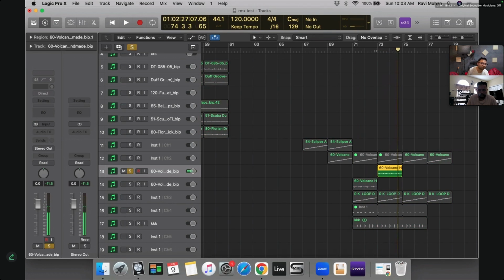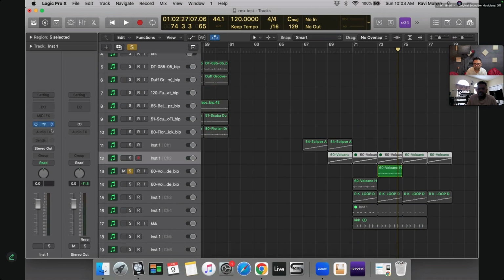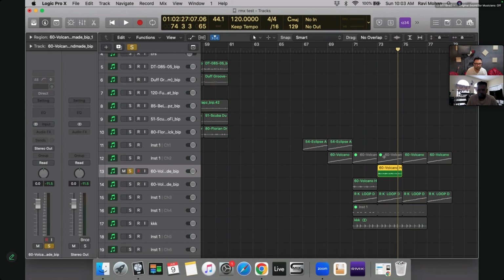It just bounced off the original without the effect on top of it. I think on the newer versions of Logic, it will actually put the effect that we had. Normally it does that on mine too, but I think with multi-output it is not able to do that currently.